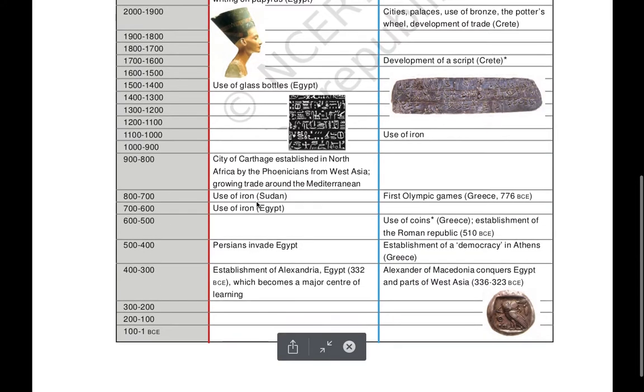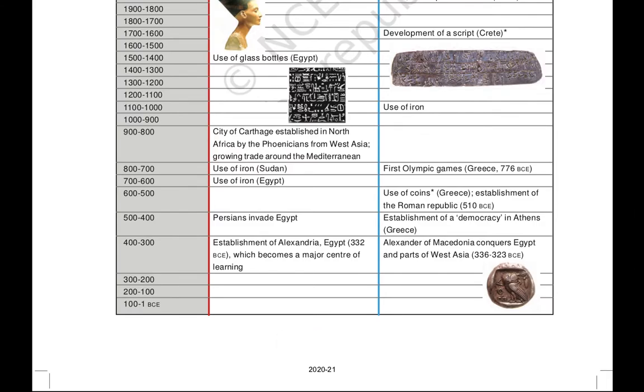From 1400 to 1000, in this time period, in Europe, use of iron was found. From 1000 to 900, then 900 to 800 in Africa, city of Carthage established in North Africa by the Phoenicians